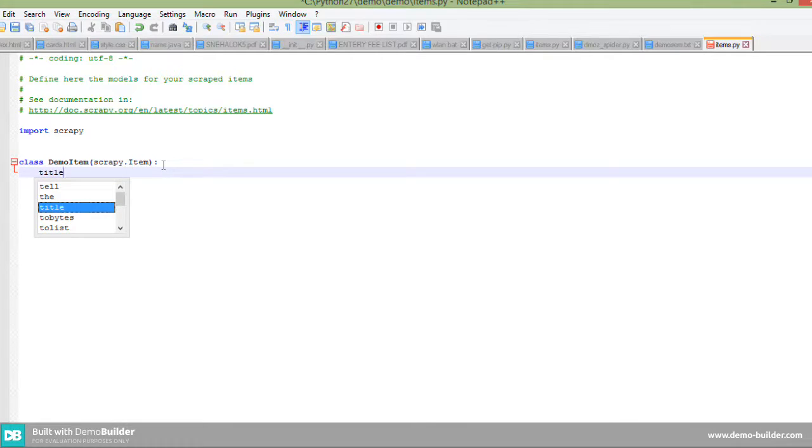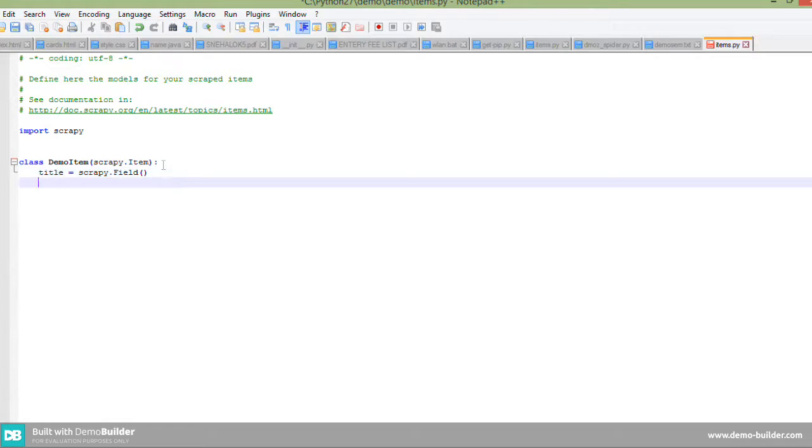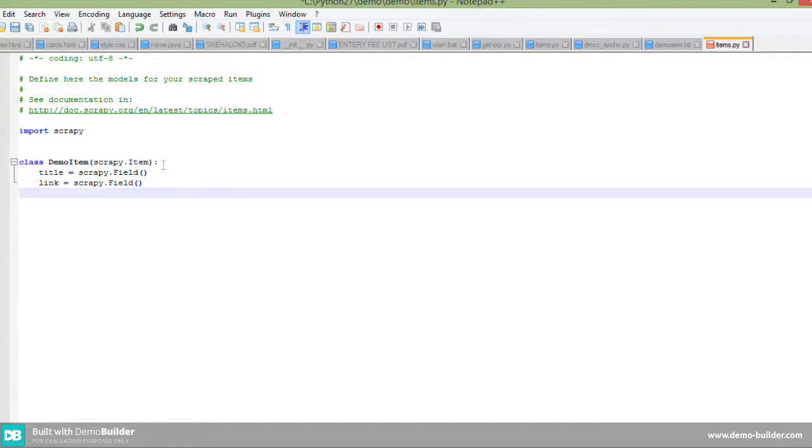Simply, title is equal to scrapy.Field. Next is link, we need to extract the links. Same thing, scrapy.Field. Make sure that your spelling and all those things are correct.